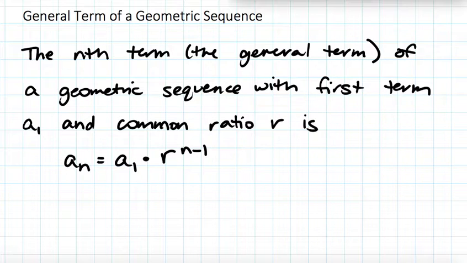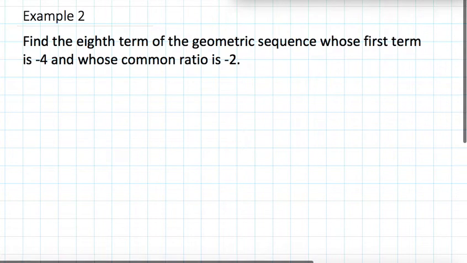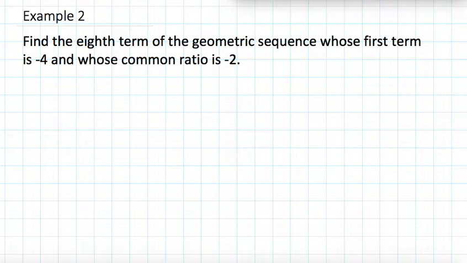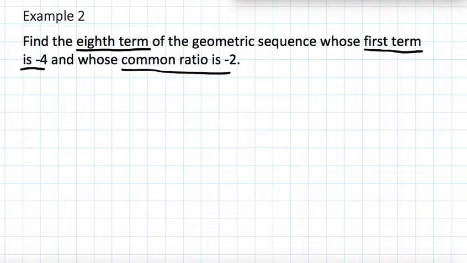So when I'm doing problems with this, I need to remember order of operations, exponents come before multiplying, so I need to do the n minus 1 power first on R before I multiply by A sub 1. So we'll look at example 2 here. It says to find the 8th term of the geometric sequence whose first term is -4 and whose common ratio is -2. So the formula that I'm plugging into is A sub n